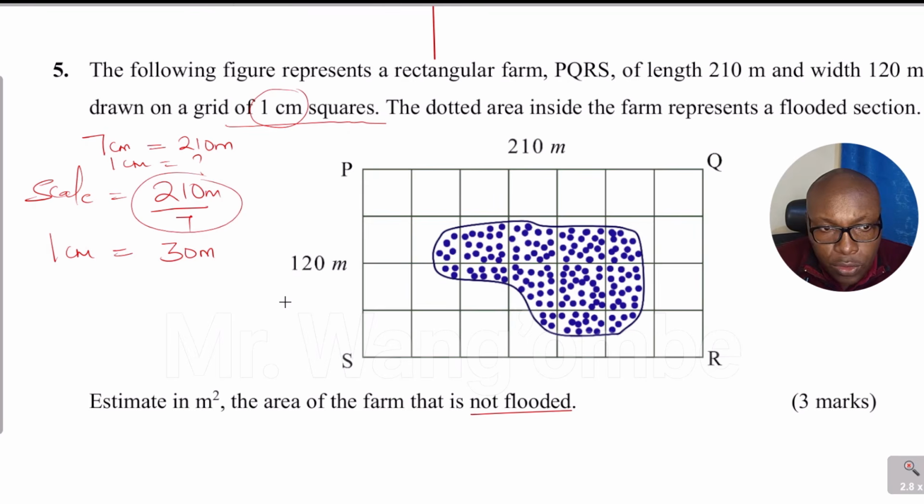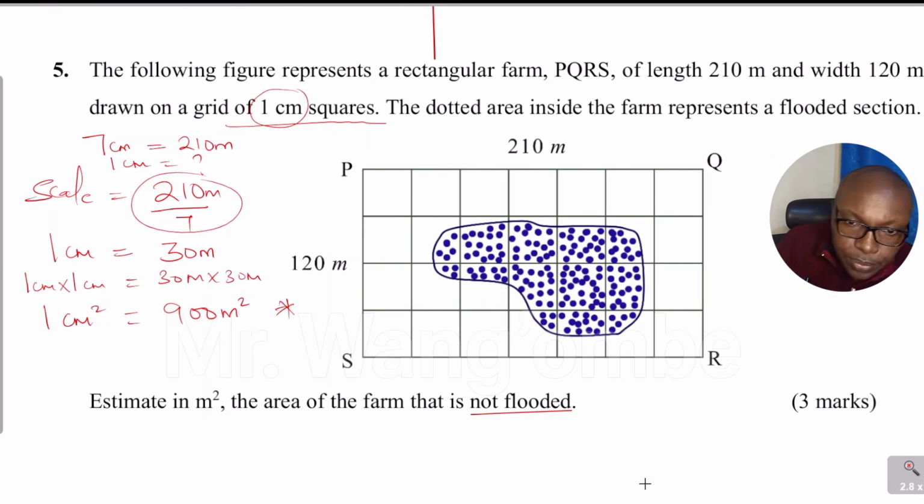Now, because we are interested in the area, we therefore need to convert this. So if 1 centimeter represents 30 meters, what about 1 centimeter square? 1 centimeter square is 1 centimeter times 1 centimeter. This will represent 30 meters by 30 meters, so 1 centimeter squared would therefore represent 900 meters squared. Now, to get the area that is not